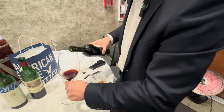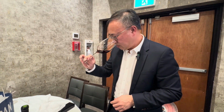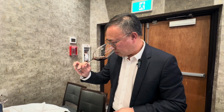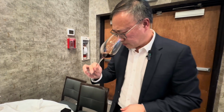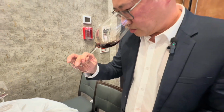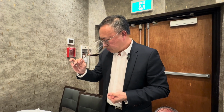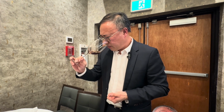A little bit of oxidation, that's fine. Color looks good, nice and clean. Oh, this smells good. I see the mint, eucalyptus, cedar, black plums. Oh, this is classic Napa. Wow. We got fruit. That beautiful herbaceousness of Tokalon comes out. Wow. Cedar, black plums,